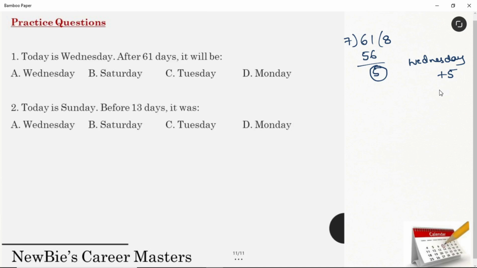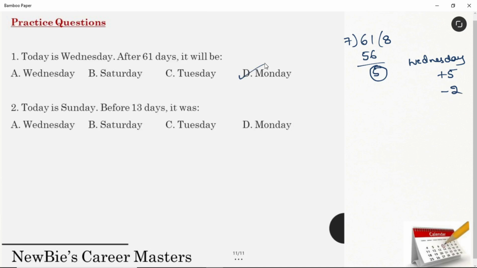Shortcut is instead of going forward, you can go back 2 days. Decide which one you want. 5 days forward is exactly equal to 2 days backward. You can check it. Wednesday plus 5 days, that is Thursday, Friday, Saturday, Sunday, Monday. 2 days before Wednesday, that means Tuesday, Monday. Both ways you're getting Monday. Simple. If you want detailed explanation of this, please do watch the first video. Then you will get this concept. Yes, the final answer is Monday.